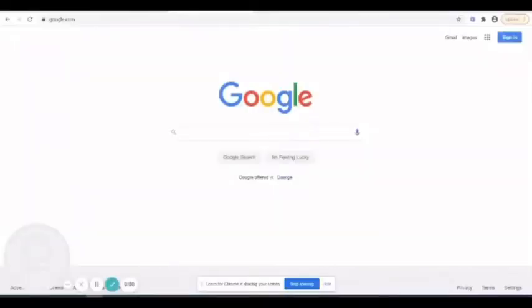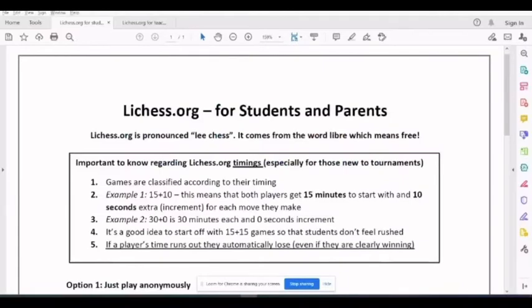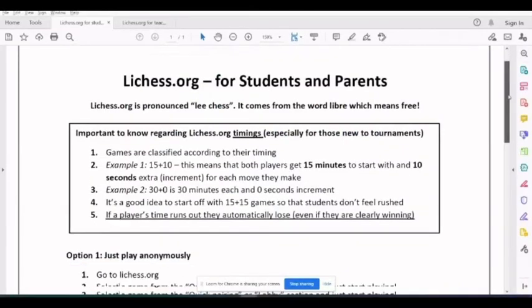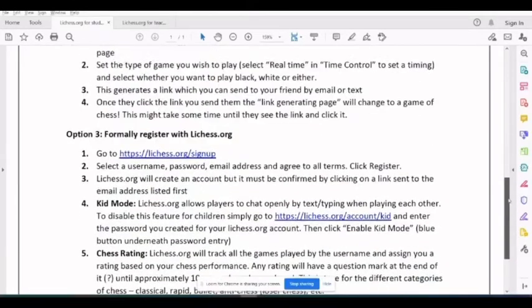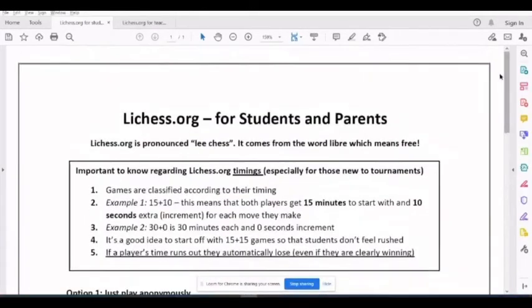I'll talk you through how to use the one-page document, which is called Lichess.org for students and parents. This document is available on the Ficheall.ie website. It just talks you through how students and parents can set up Lichess profiles to play online chess safely. So let's start by